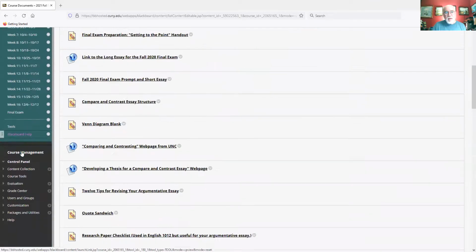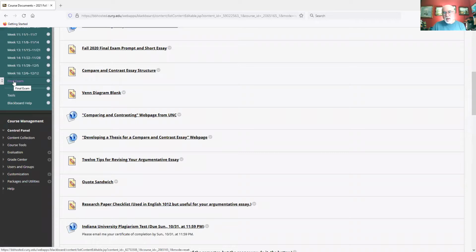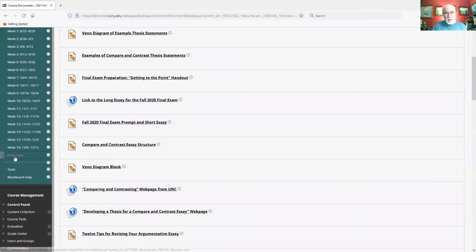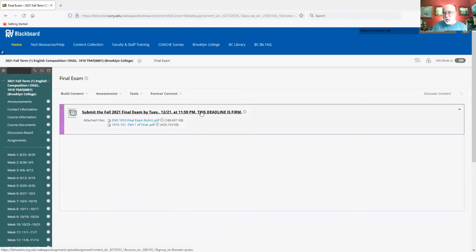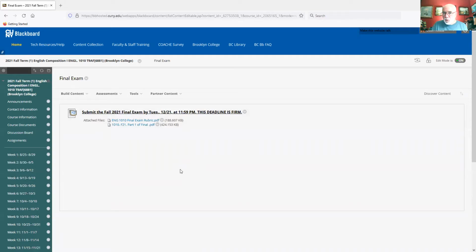And I also have it right here. This is something I didn't show you on Thursday. I created this yesterday afternoon. On the left-hand menu, there is a selection for final exam. Go on there. This is the assignment. This is where you're going to submit your final by the 21st. You can submit it earlier if you want, that's okay. But it is definitely due the 21st at 11:59 p.m. I cannot give you any extension on that. You've got to have it in to me by 11:59 p.m. on the 21st, or you get a 0. I'm sorry, it just has to be that way.